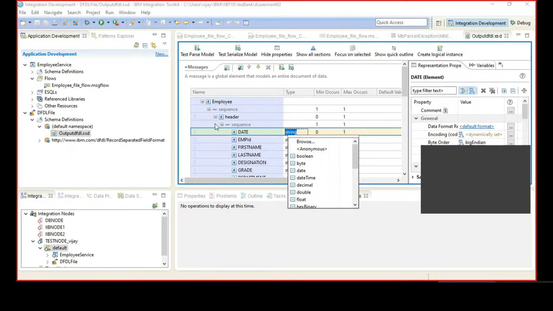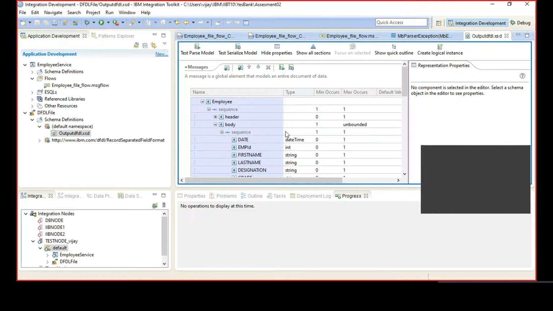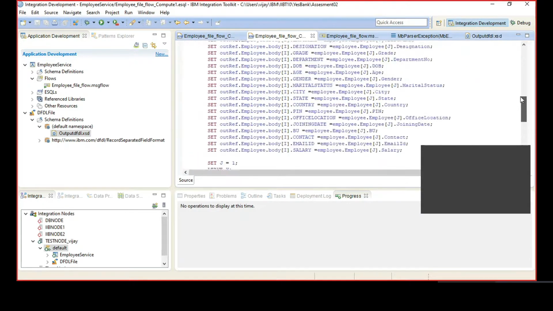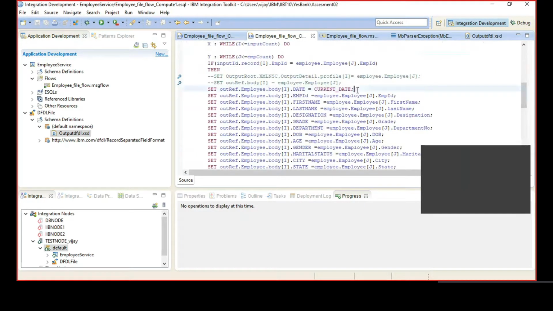So see what you have set in ESQL. No, ignore the header part. Go to the current timestamp date within ESQL, see what you have set. I've set date, I guess, current timestamp date. This is current date, sorry. So it's not a date time, it's only a date.